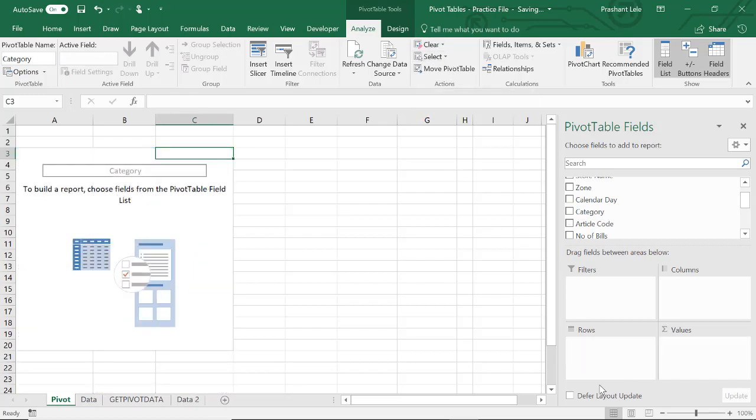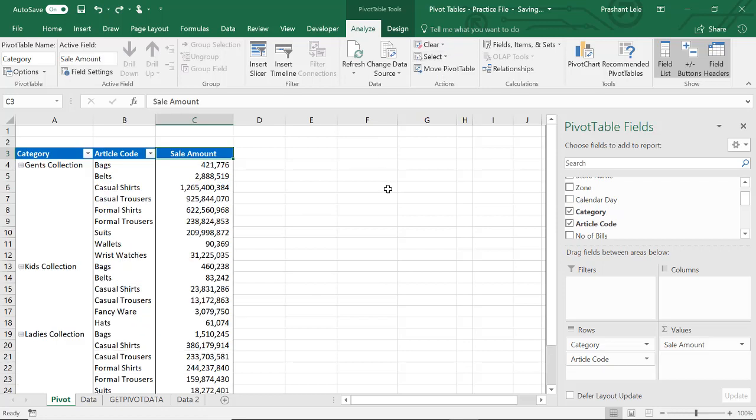It will remove everything from your pivot table and bring it to the starting point. Now you can start building it again. It will save your time of dragging and removing all the fields one by one. So you can just go to Clear and say Clear All. I am just pressing Ctrl Z. Okay. Then if you want to select specific areas of your pivot table, you can go to Select and either